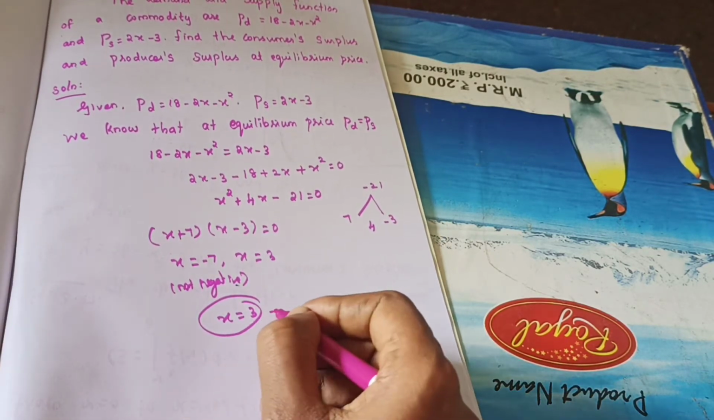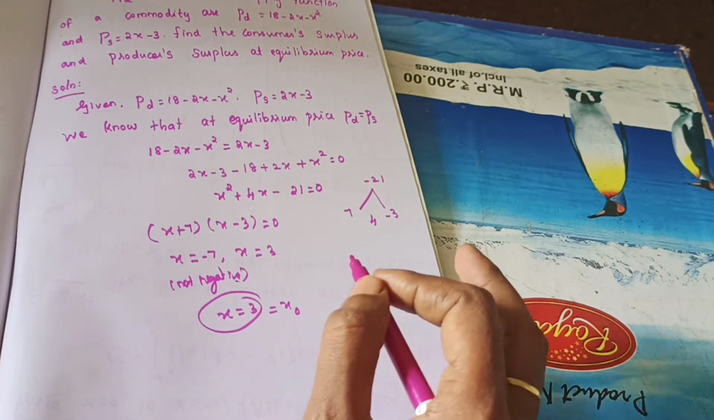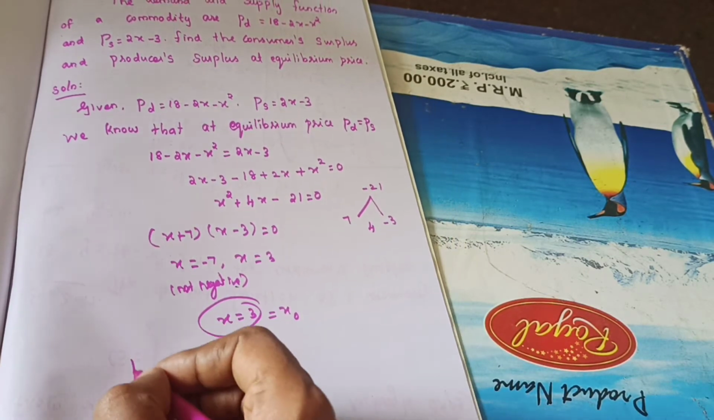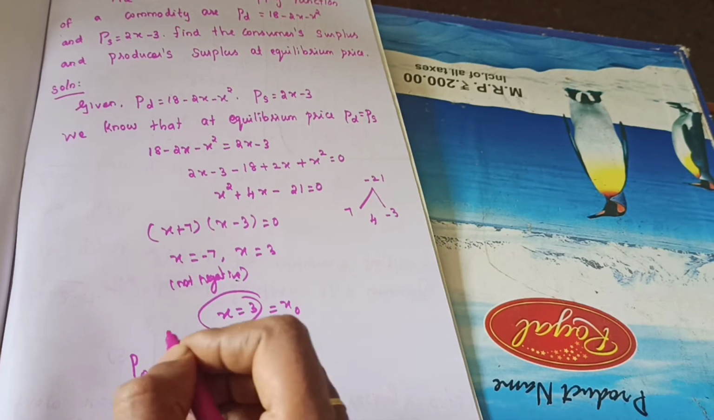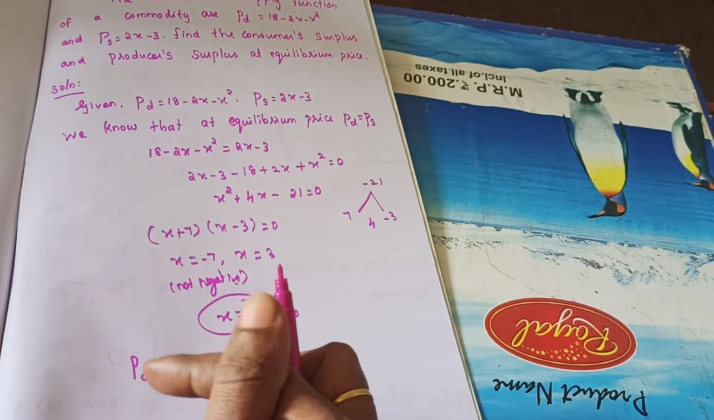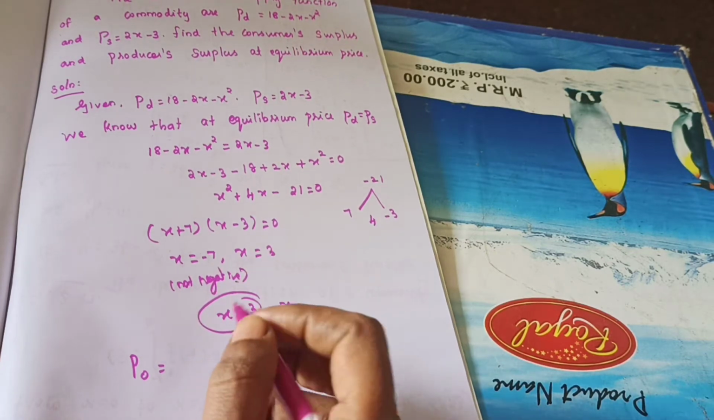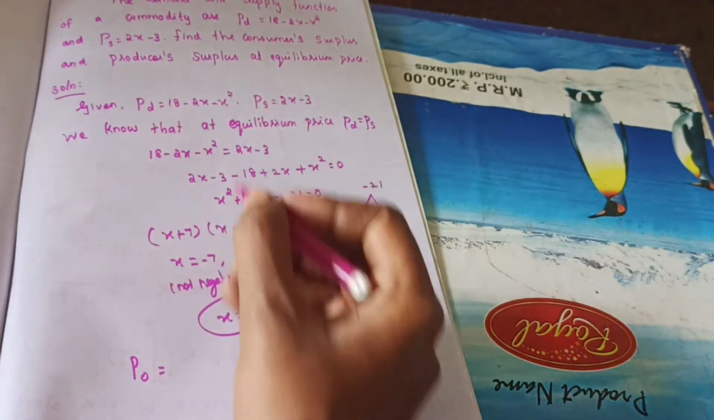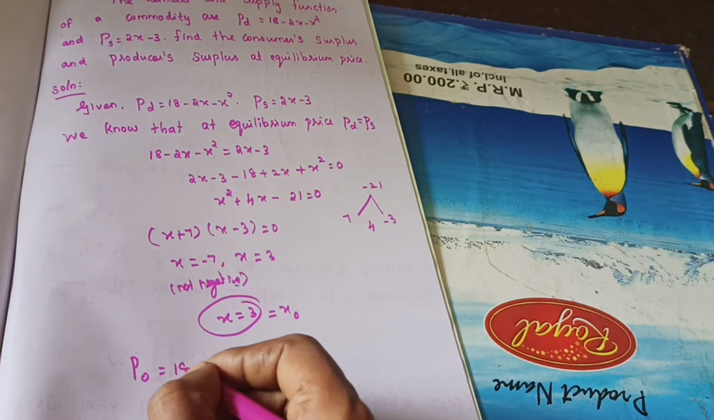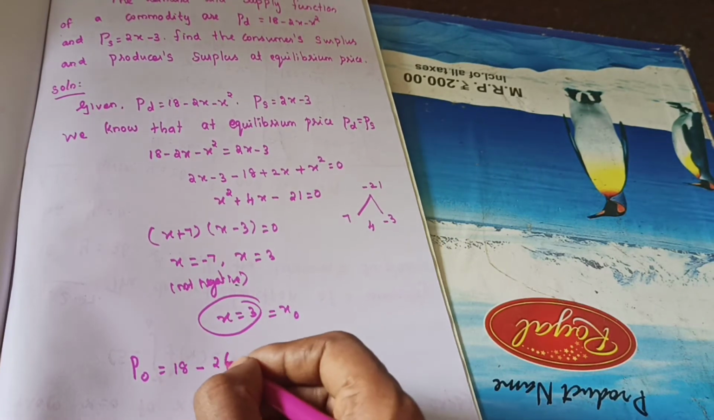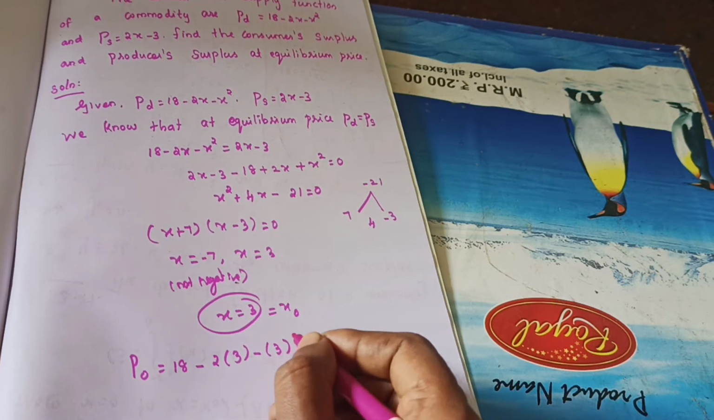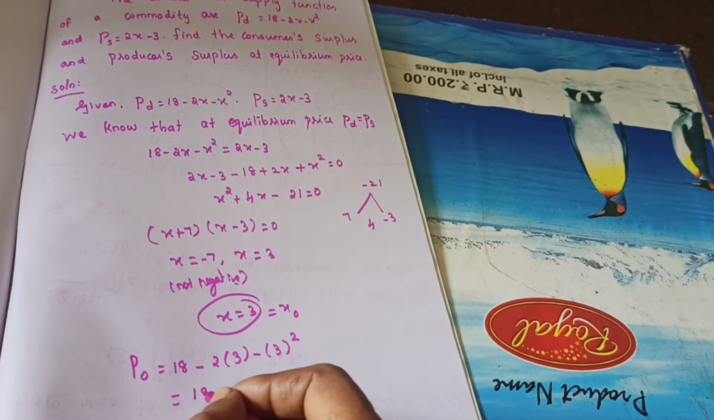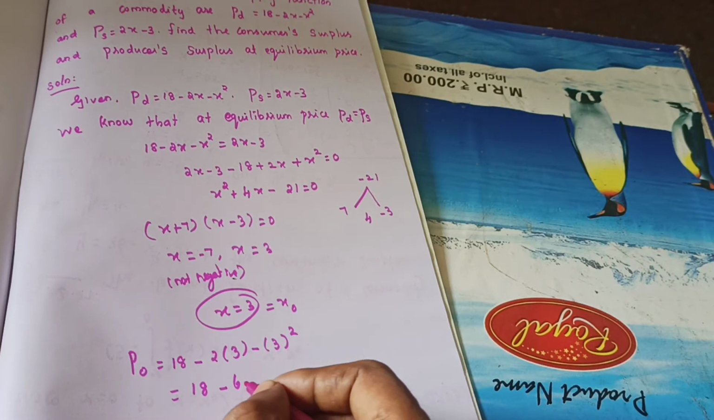Now it's the value x equal to 3. So you can apply all the values. Before that, we need the P naught value. So you put it in and find out the P naught value. So this is PD, is it right? So apply there: 18 minus 2 into 3 minus x square, that is 3 square, that's equal to 18 minus